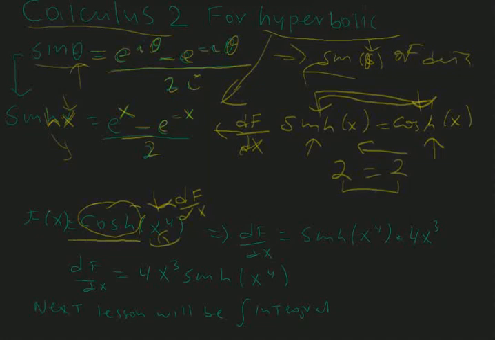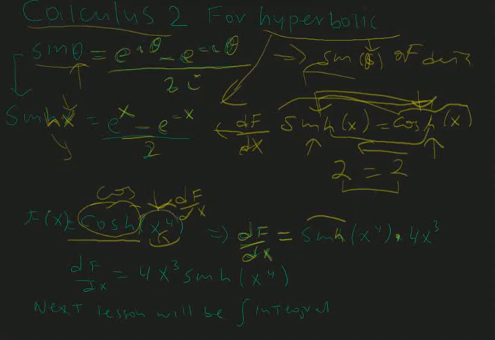So we say the derivative of this is equal to this. You're going to say the derivative of f with respect to x equals sine hyperbolic of x to the power 4, because I replace the cosine with sine, since they are equal, times